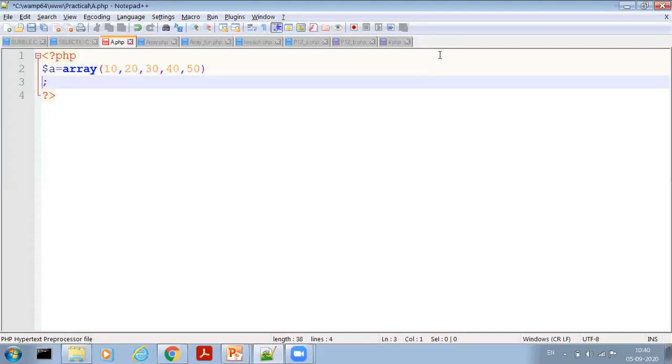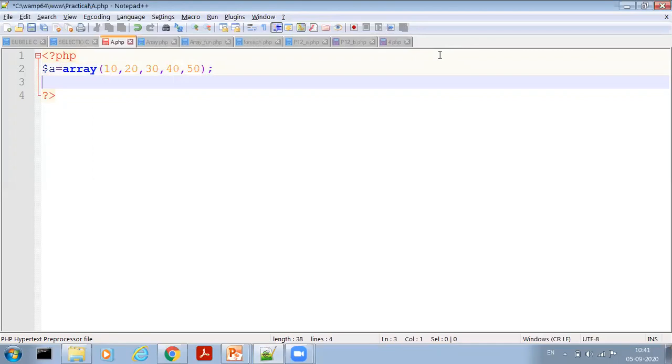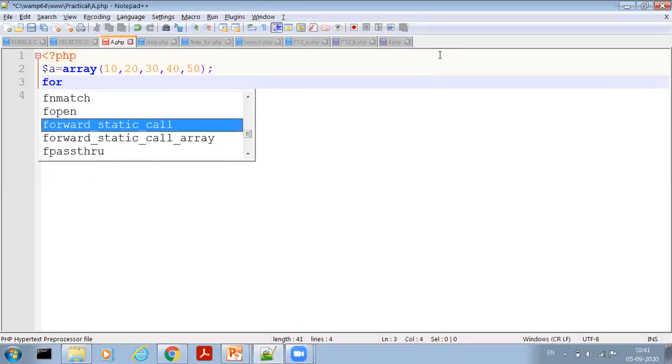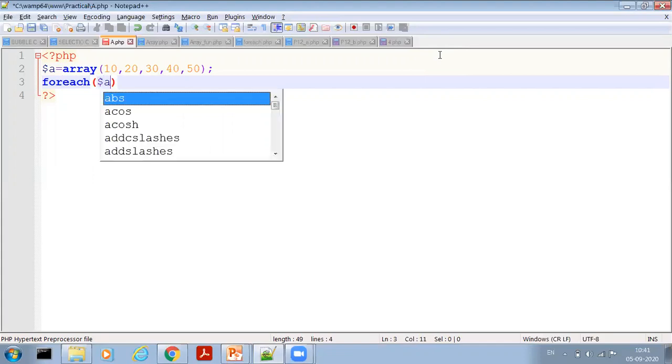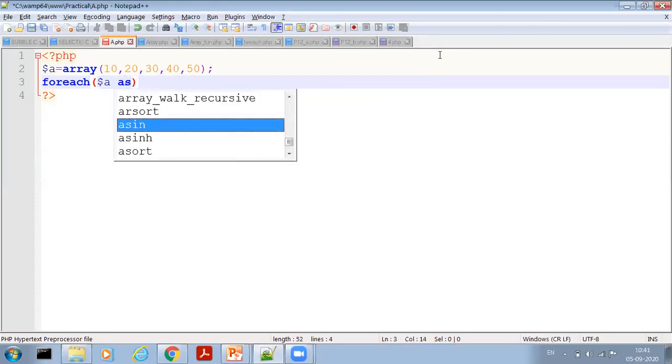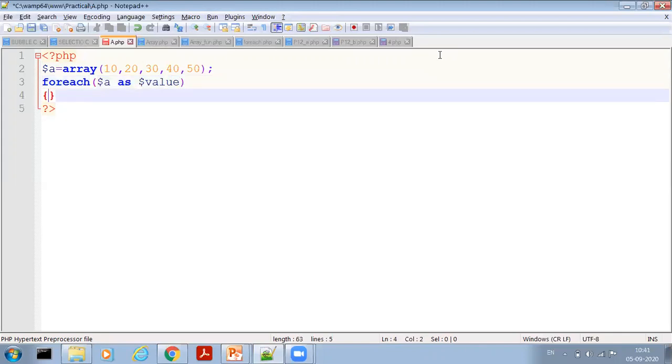Now I just want to print a simple array, meaning all the values of the array in our output. So I write foreach, in brackets the array name which is $a, as, for example, I take one variable as $value. Now open bracket and then close bracket.